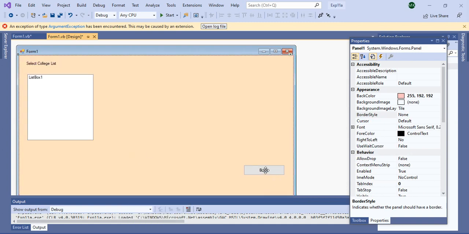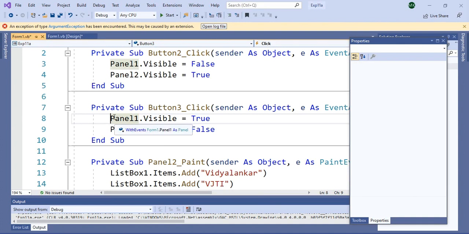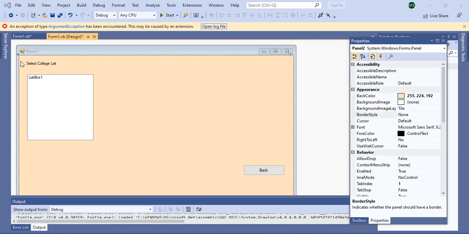Now double click on the back button. This time when I click on back, it should open panel 1, visible true, and panel 2 will be disabled. And one more thing we should add: when panel 2 is open, it should display the list of colleges in this list box.